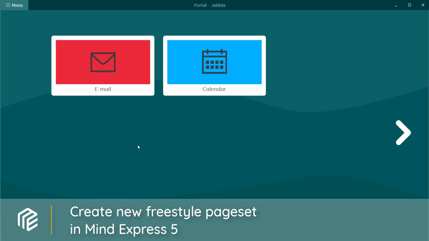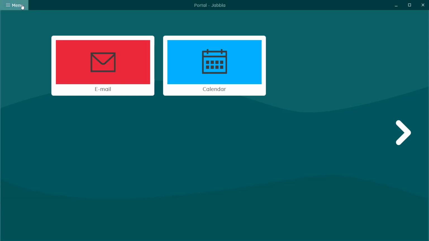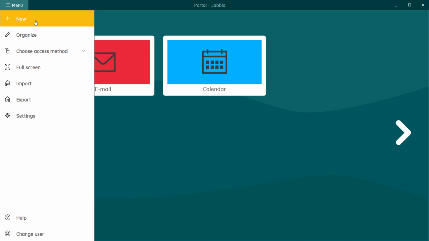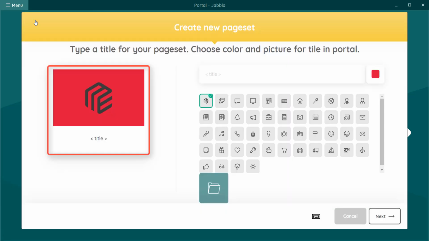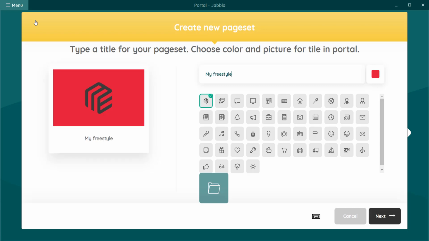MindExpress 5 has a lot of ready-to-use page sets, and you can also create your own. In this tutorial we will show you how to create a new page set. You open the menu in your portal and click on New. On the left you can see what your page set icon will look like in your portal. You can specify a name on the right,